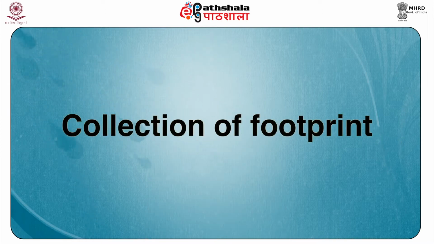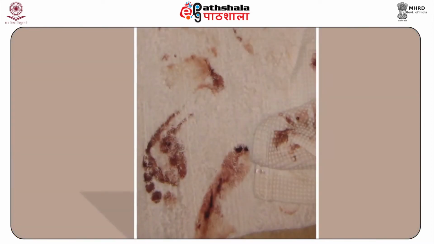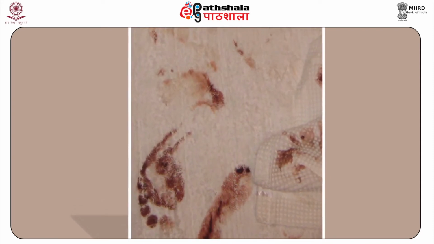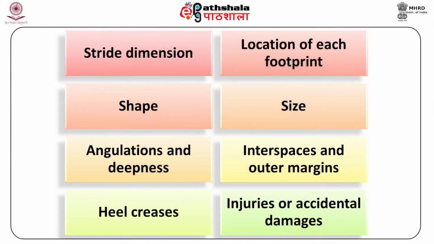Now, we will study how footprints are collected. Footprints can be considered a type of evidence, and collection can be done from various crime scenes. The stripe dimension, location of each footprint, its shape, size, angulation and deepness, interspaces and outer margins, heel, creases, injuries